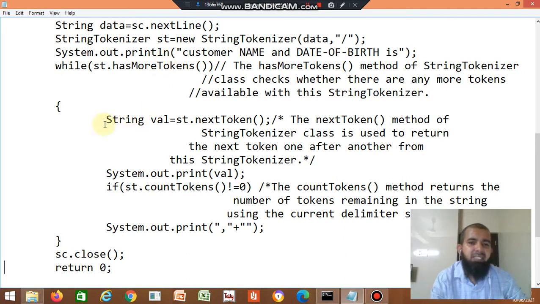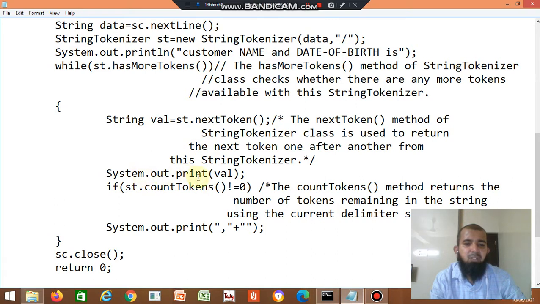Then String val is a variable of data type String, equal to st.nextToken(). The nextToken method of the StringTokenizer class is used to return the next token one after another from this StringTokenizer. So it returns a token, one after another.